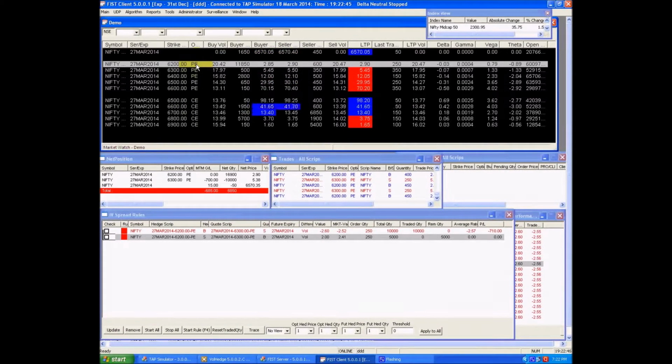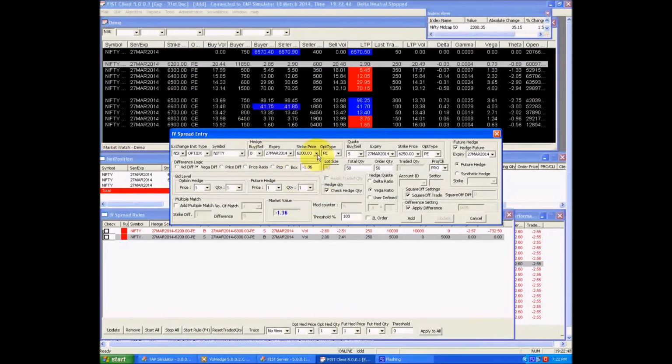Supposing I want to add multiple rules at a time. So what I'll do is I'll press Shift F3, select 6200 put, 6300 put as my sell strike. For multiple match, I will add multiple match up to 5. So what it will do is it will add the rules of 6200 by 6300. It will add the pairs of 62 63, 63 64, 64 65, 65 66 and 66 67, and also add